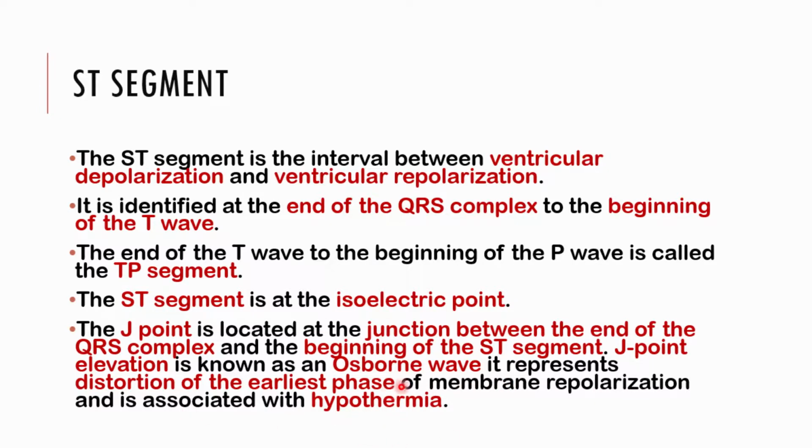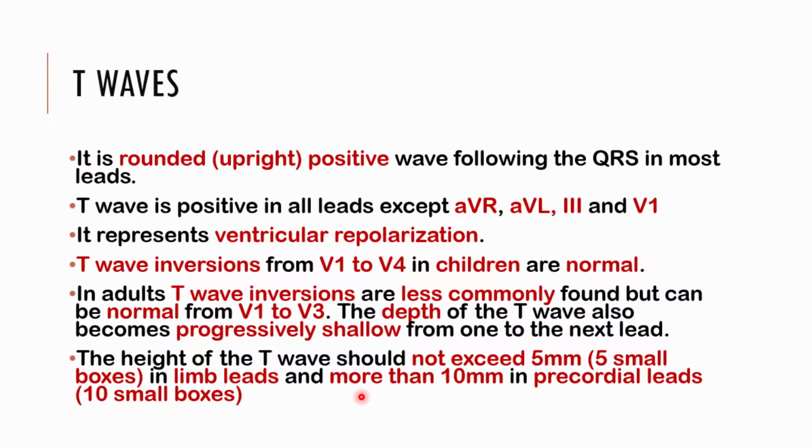So you get these Osborn waves in patients with hypothermia. Then the last, or second last in some patients, because you may also get a U wave, you will get to see a T wave. These T waves are usually upright as well. They are upright in all the leads except leads AVR, where it's inverted, lead AVL, lead 3, and lead